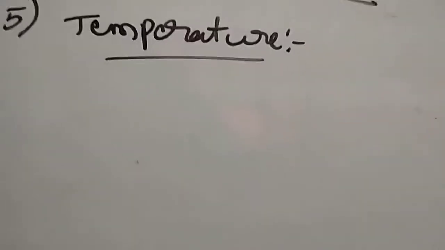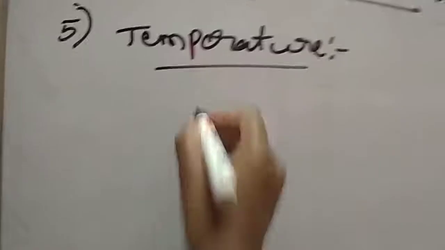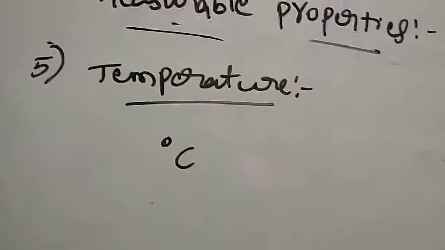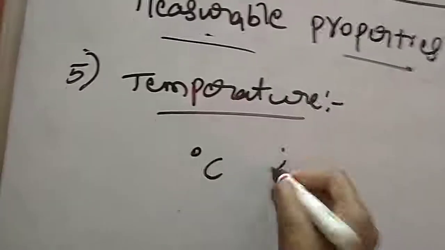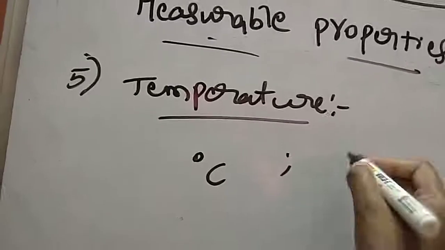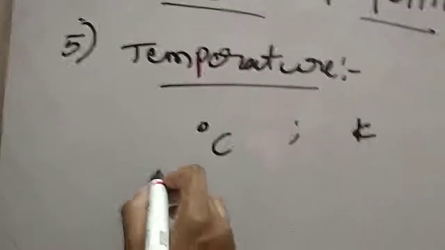So, temperature. What is the temperature? The temperature of a gas, we already know the units: degrees Celsius, or the Celsius scale. The temperature we can also express in the absolute scale or Kelvin scale. Celsius scale is degrees Celsius, and in the absolute scale or Kelvin scale the unit is Kelvin. We can consider that absolute zero